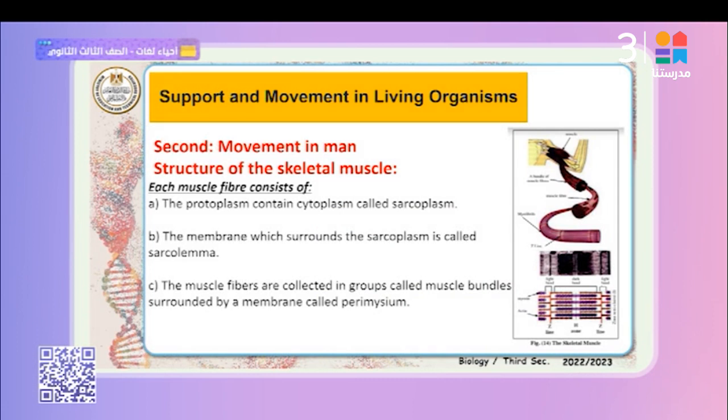Support and movement in living organisms. To make the movement of the living organism, there is integration between 3 systems. The nervous system sends nerve impulses from the brain and the spinal cord to the muscle fibers, helping them contract and relax. Number 2 is the skeletal system, through the bones found in the body. Number 3, the muscular system, which has the ability to contract and relax. It consists of the building unit of